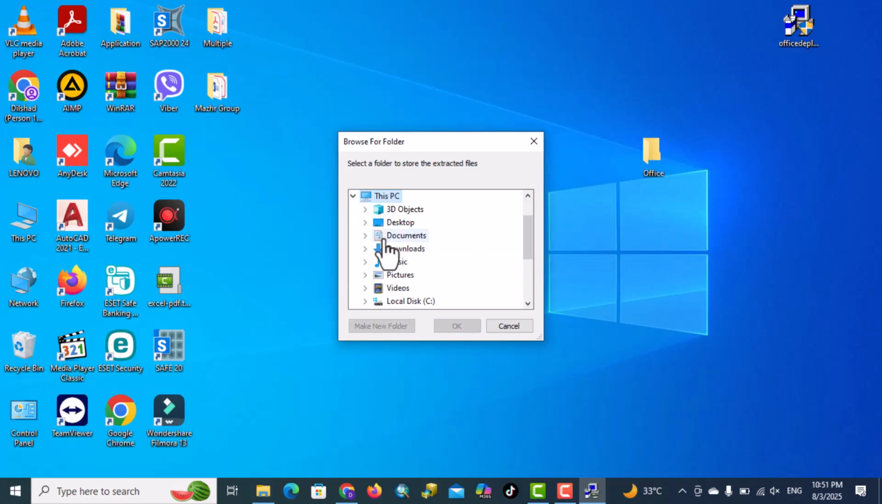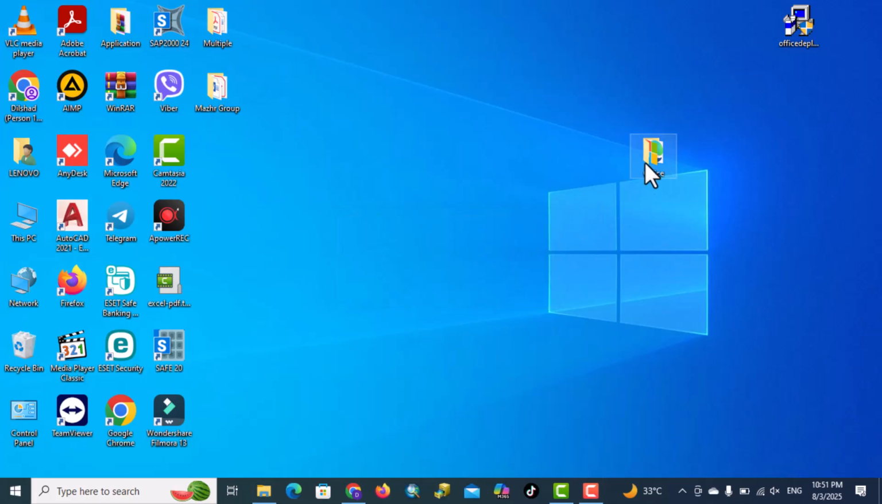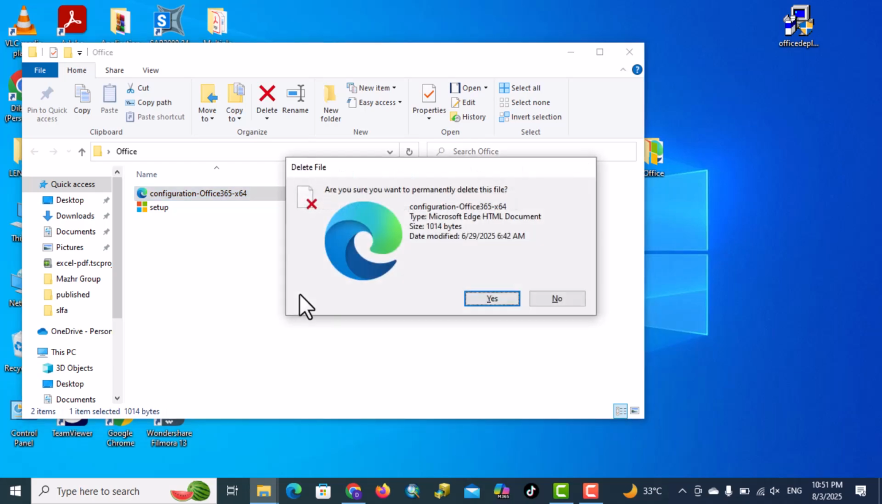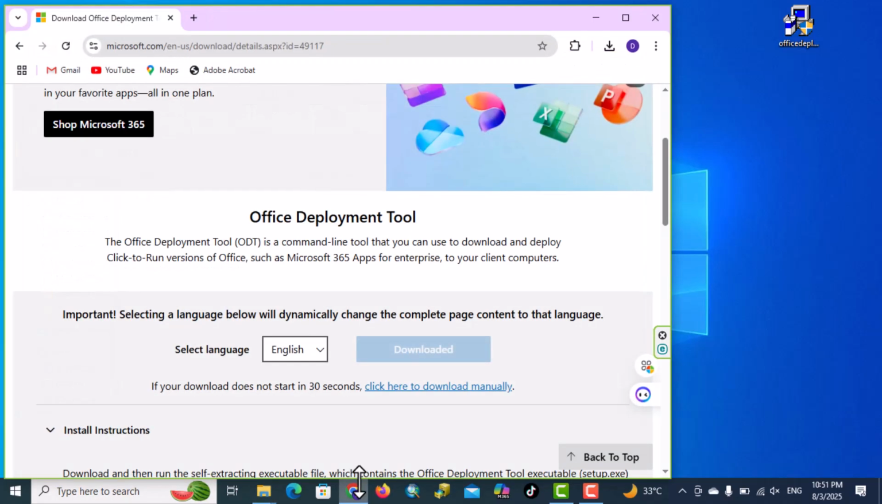click into PC, desktop, Office. This is the file that we just made, and then OK. Our file is extracted successfully. Open this file. We have two files, and delete this one. OK. Open your browser again,